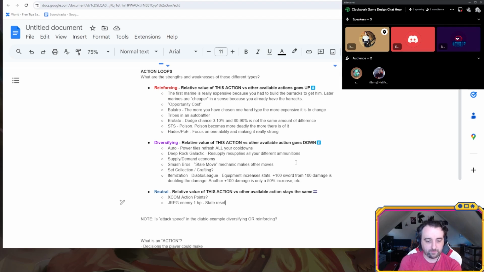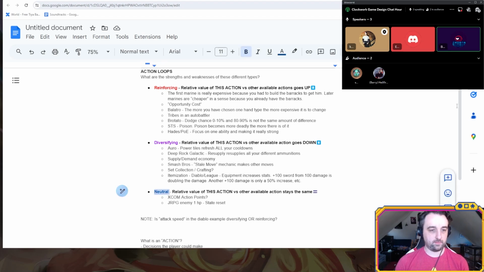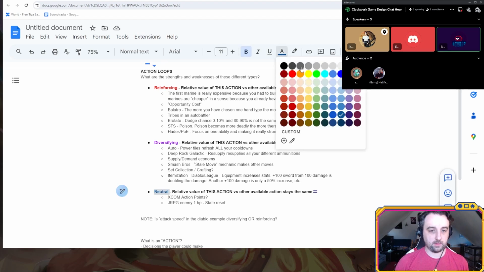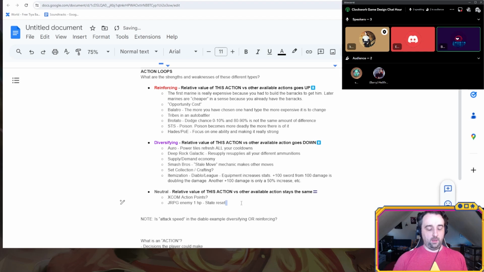That's just my sense. I think neutral loops are probably more common in actiony, real-time types of games than in turn-based or tabletop games. I think that's for a few reasons.